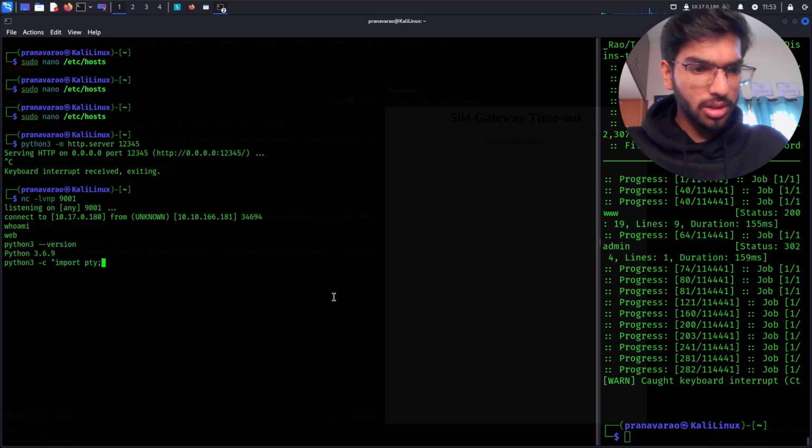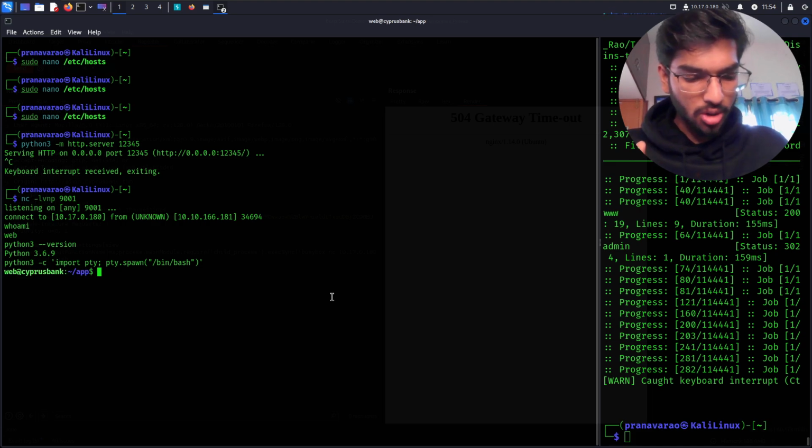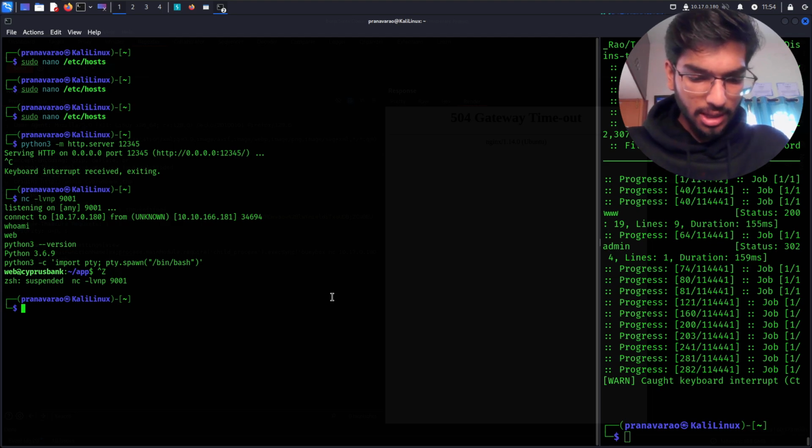You know what? That will cause me an error. Let me do this: import pty and then pty.spawn, here let me do /bin/bash. I got a bash. Now let me exit from here and let me say stty